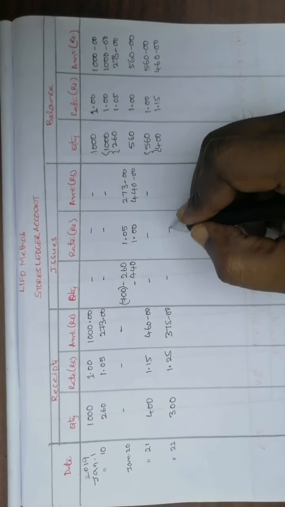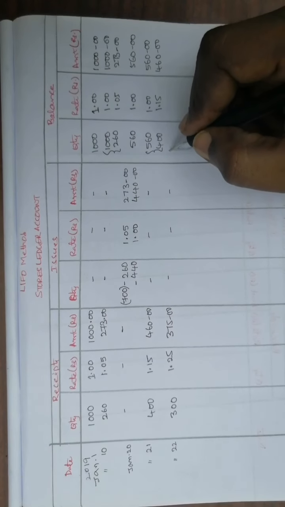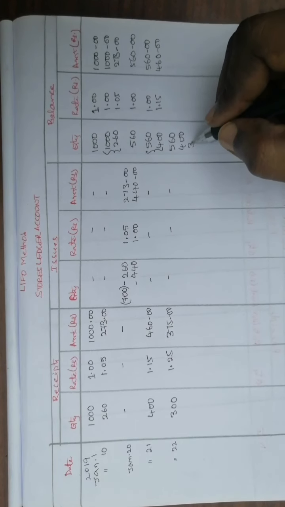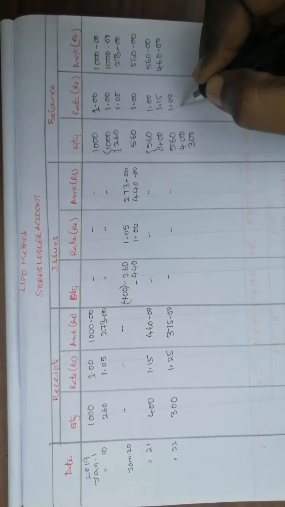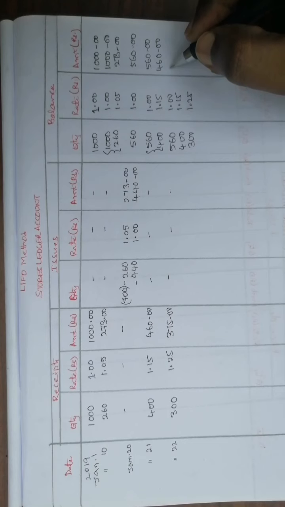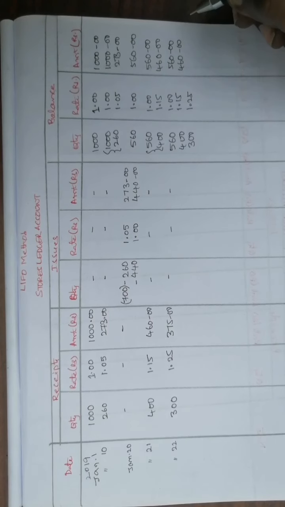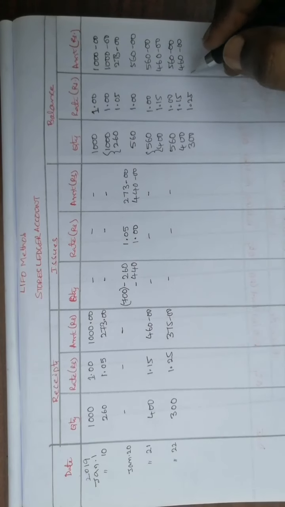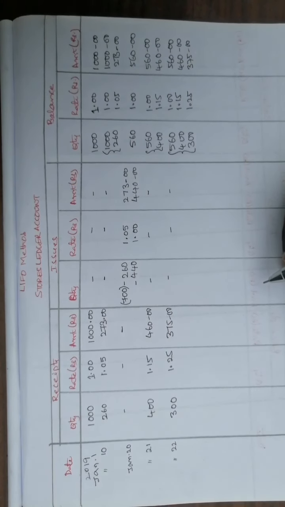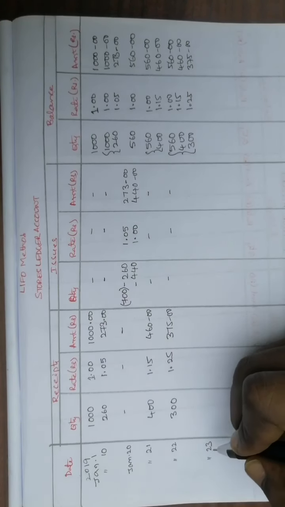375. On this day also no issue, but you have to show the balance of all three. First take 560 as it is, take 400, the second one as it is. Now the new addition is 300, at the rate of 1 rupee, 1 rupee 15 paisa, and 1 rupee 25 paisa. This is 560 already available here, this is 460, then 300 into 1.25 is 375. Now these three are available in the balance after January 22nd. Now go to January 23.